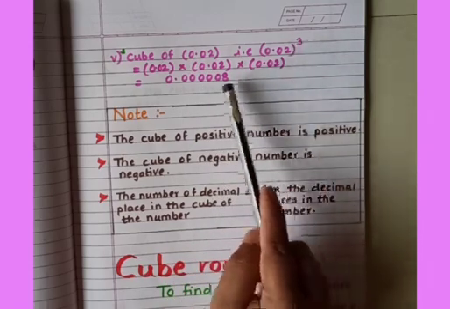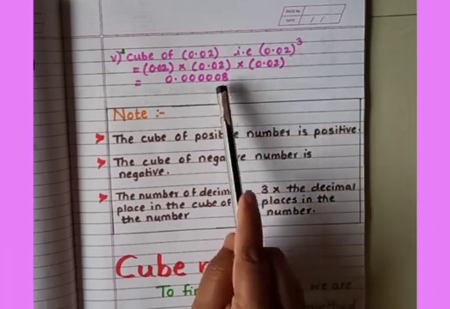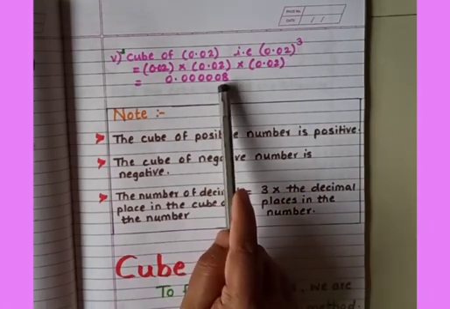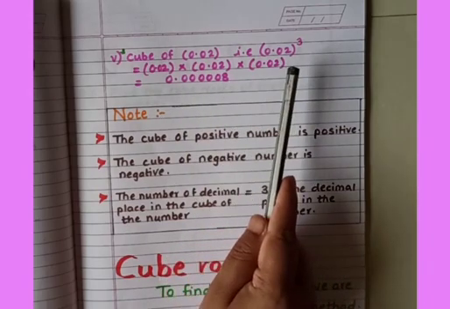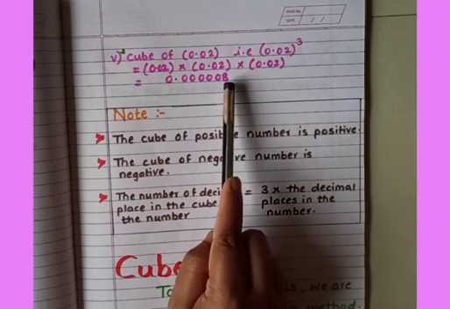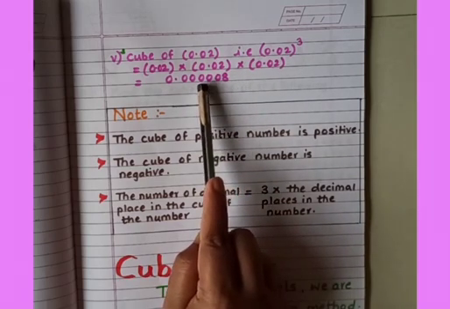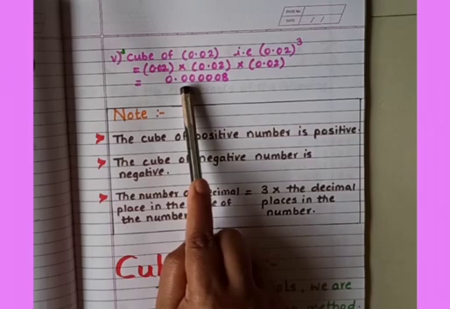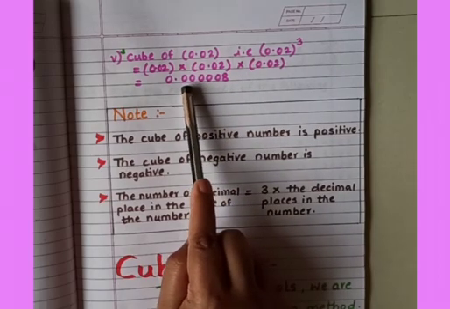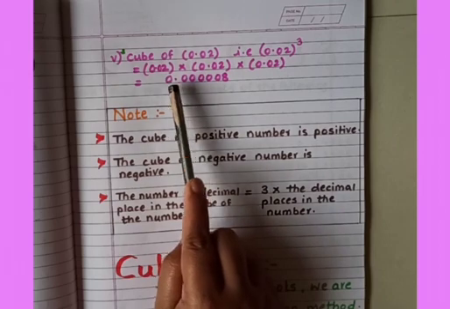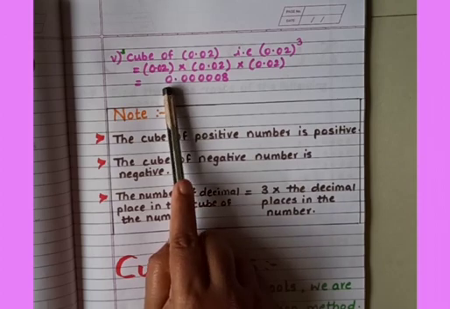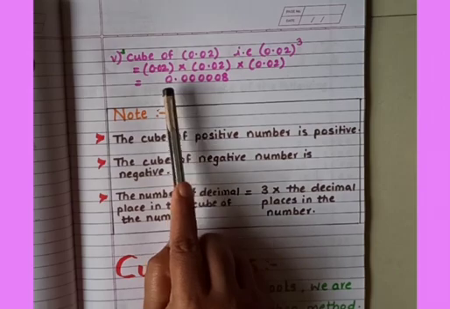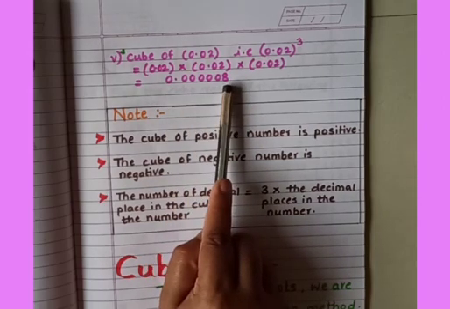Okay. Now the cube of 2, you got 8. Now what about the remaining? In the remaining places we have to put 0. So after 6 digits we have to put the decimal point. So 1, 2, 3, 4, 5, 6. So 8 is already there. So we put the 5 zeros, then the decimal point, and then a 0 before it, because we always put 0 before the decimal point if no number is there. So now you understand how to put the decimal point.